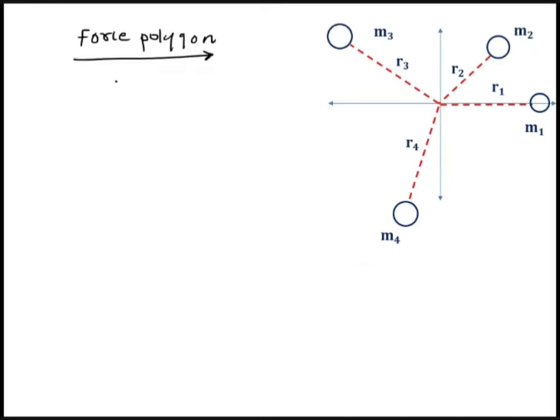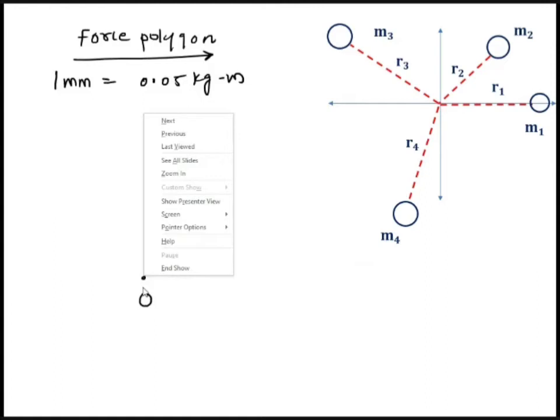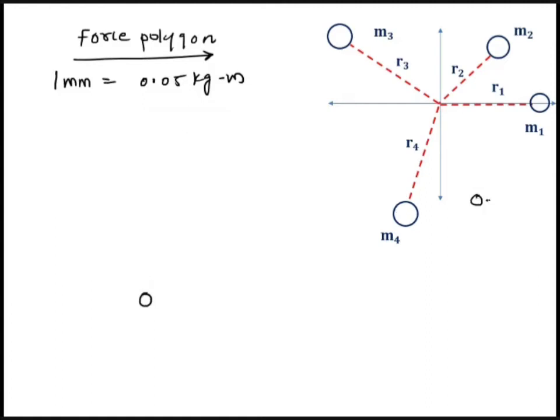Now what is the force polygon? 1 mm scale is 0.05 kg meter. Now first of all, how do we draw it? You know that all the forces are positive, so they will act radially outward from the center of rotation. To indicate, we are indicating the couple polygon by a dash and the force polygon by just the letter, that is O. Now draw a line parallel to OM1. So this is nothing but OA, and this indicates FC1. And what is FC1? The length of vector is the centrifugal force in that particular column divided by the scale.